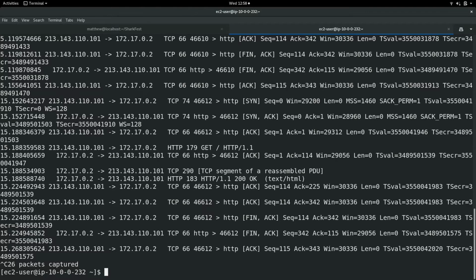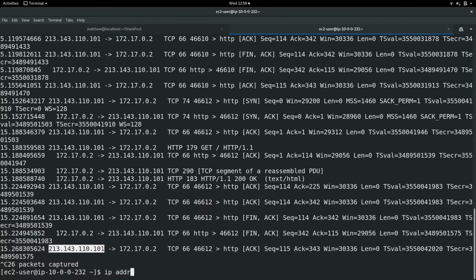Just as a quick note on this, you'll notice that the source address of these packets is 213.1 whatever, the Hilton, the Marriott, whatever we're in here, and the address on the outside is 172.17.0.2 that it's going to.